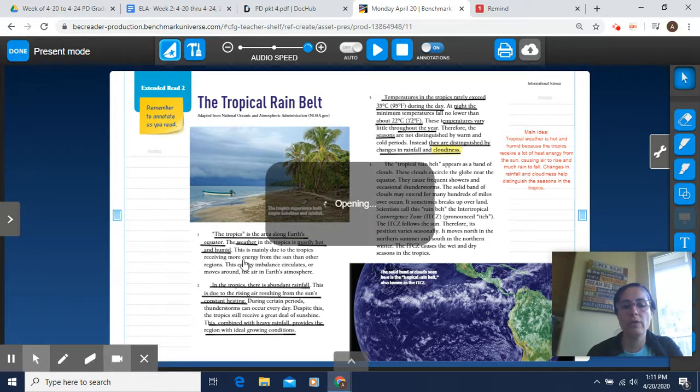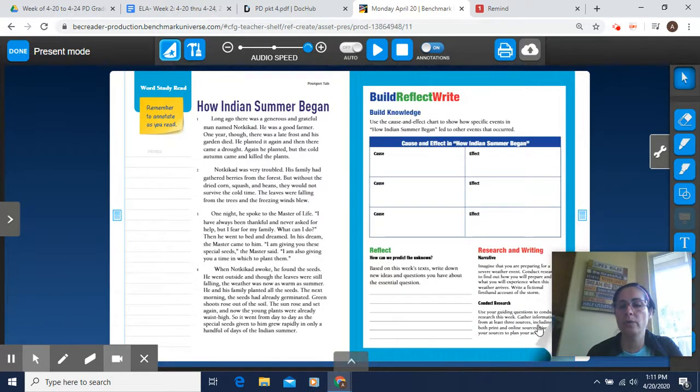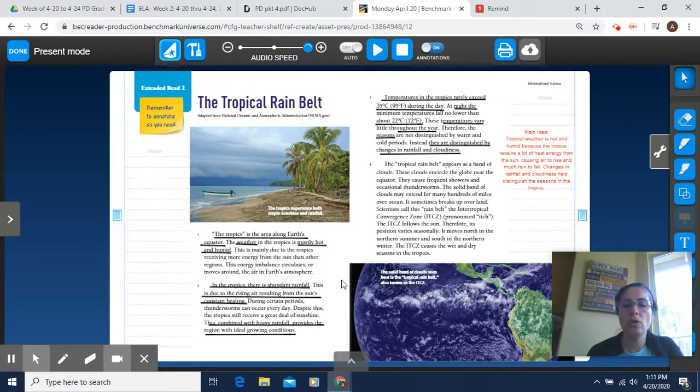This week, the difference is that we want to go through the paragraphs and come up with a main idea for groups of paragraphs, because sometimes you're going to have articles or texts that are very long, and if I have to go through every paragraph and find the main idea for every paragraph, it could be a lot of work. So sometimes what we want to do is chunk up the paragraphs